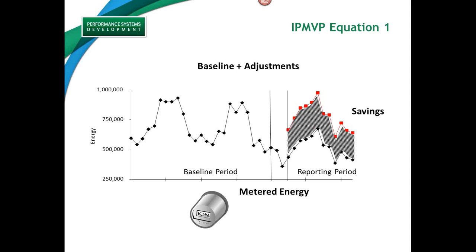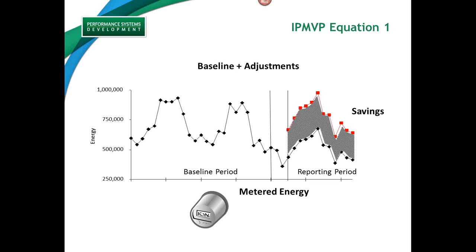The chart is broken up into three periods. On the left, you see a baseline period. That's pre-retrofit. That's before any investment was made relating to any energy conservation measure that we're trying to measure the performance of. The second period to the right is an installation period. And then on the far right, you see what is called here on the slide a reporting period. It's often called a post-retrofit period.